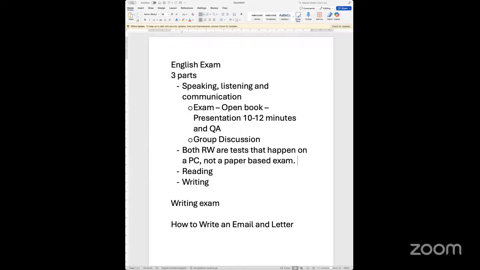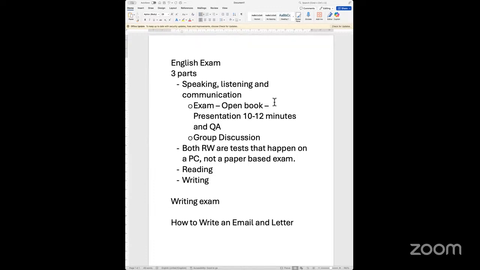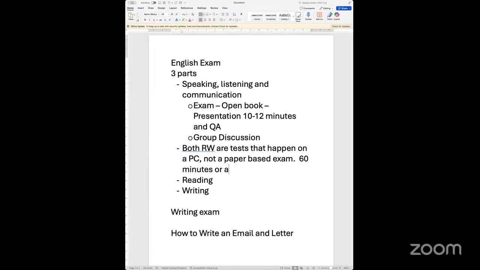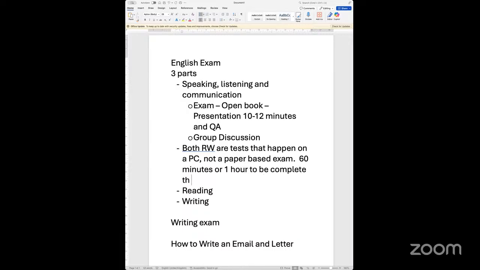So when you come into the center, you book the day on which you want to come in and do the test. At some point, we will launch this system. Once this system is launched, it will allow us to put in a test code. And once the test code has been put in, you will be running a test. This test is a 60-minute test. So you get 60 minutes, or 1 hour, to complete the test.